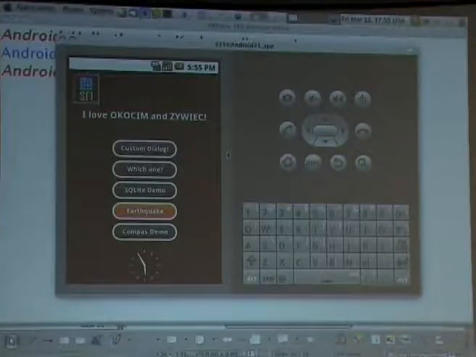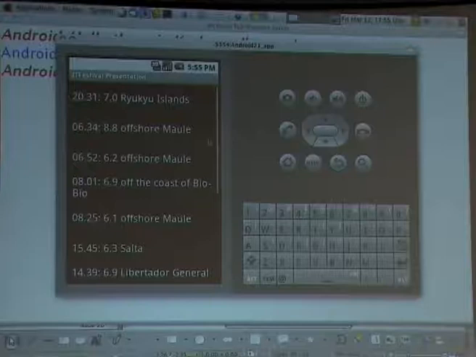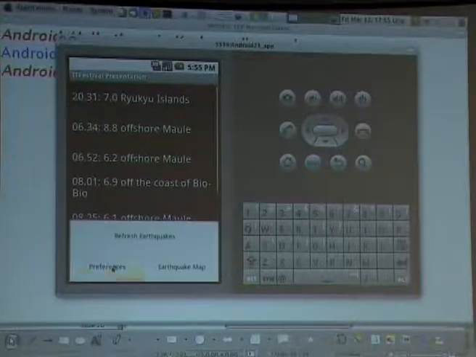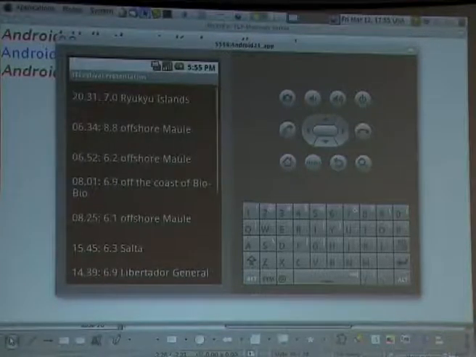It's really updating. So the image wasn't updated. So as you can see, wow, today such a lot of earthquakes happened in the world. And I can define the preferences to automatically update every 5 minutes and magnitude higher than 6. I have it there.